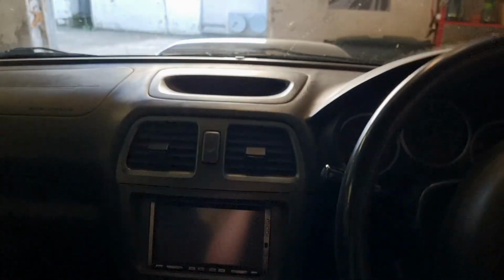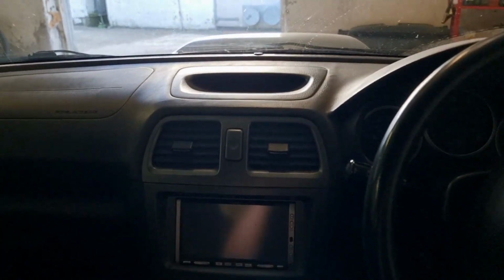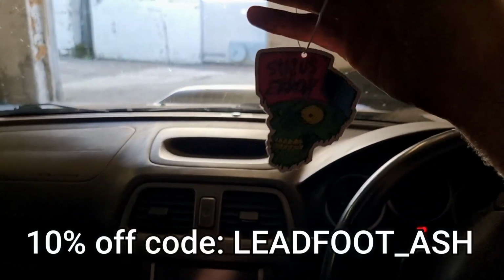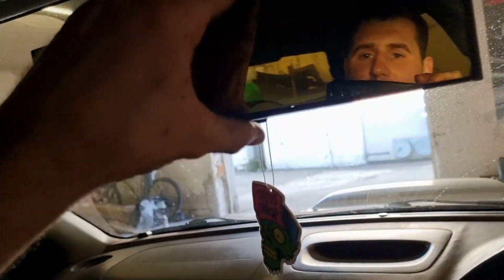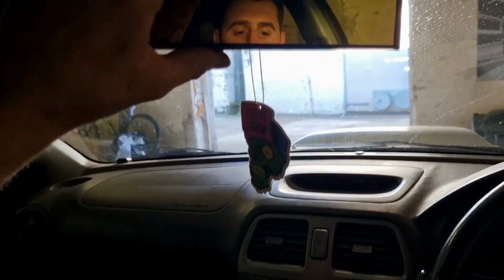So I've just given it a quick hoover out. It's still very dirty in here. You can probably tell by the hazy dust that you can see in the camera when the light hits it. But I've just wiped the initial layer of dust off just to stop it smelling and being so horrible. But when I get the car back, I will give it a proper clean out. I've got a little Trees air freshener to go on to try and make it smell a little less like burning metal. And then I thought, while I'm here messing around with the mirrors, with the air freshener, I may